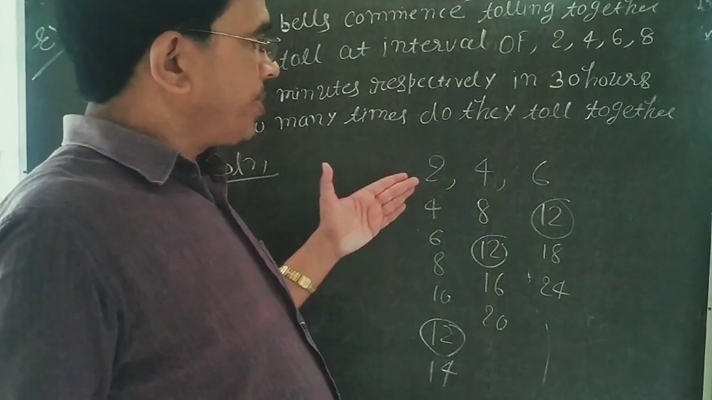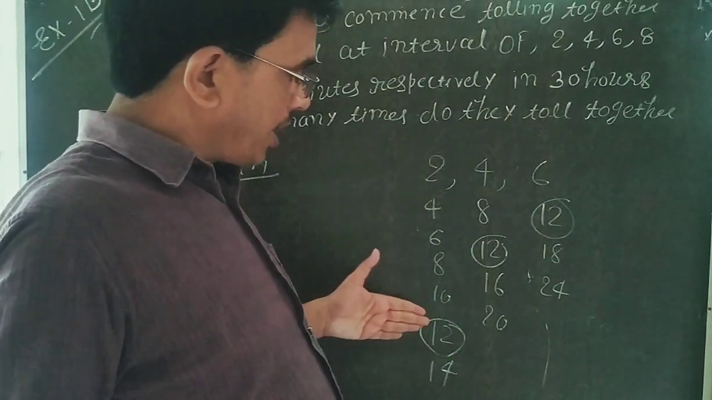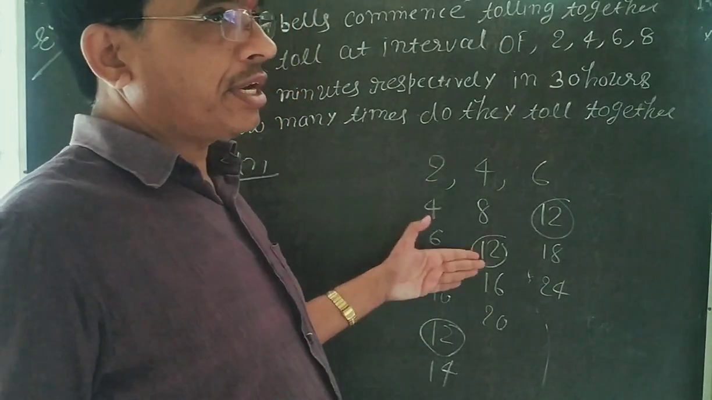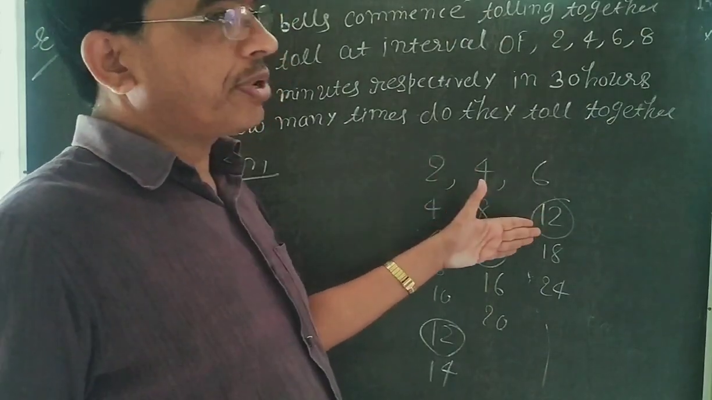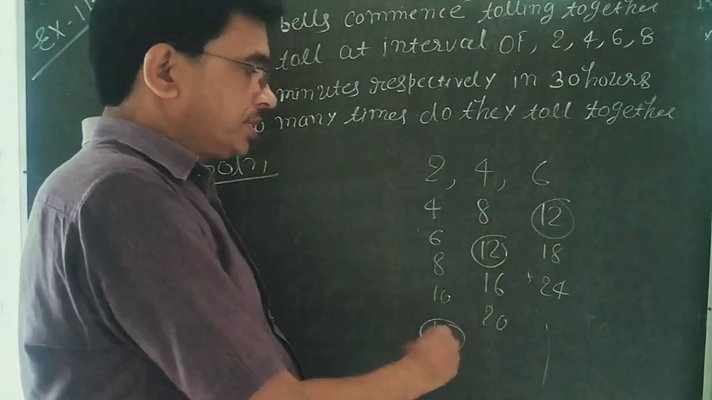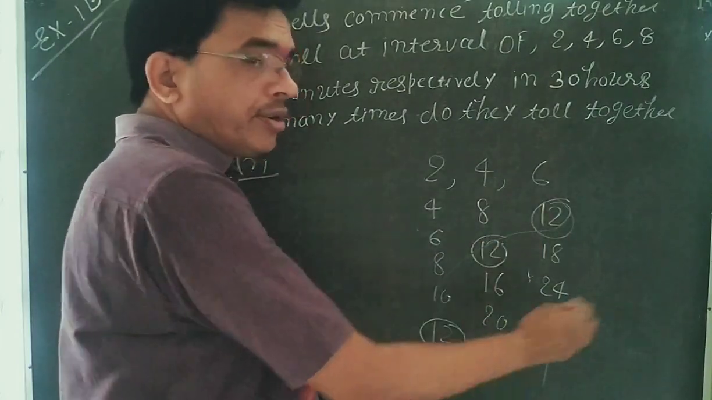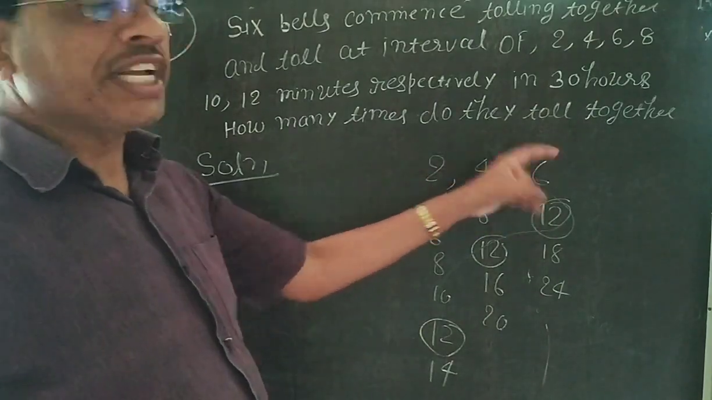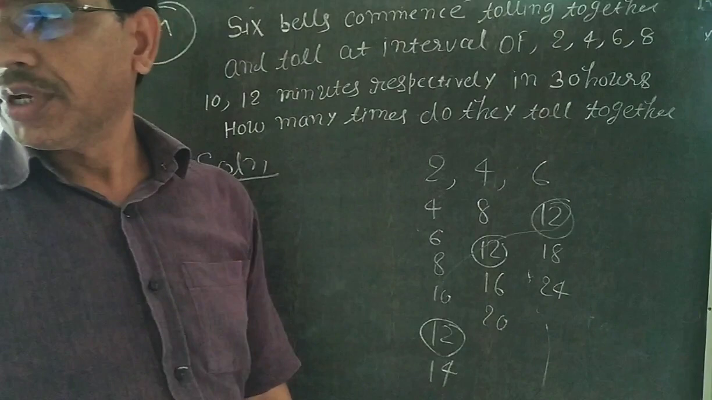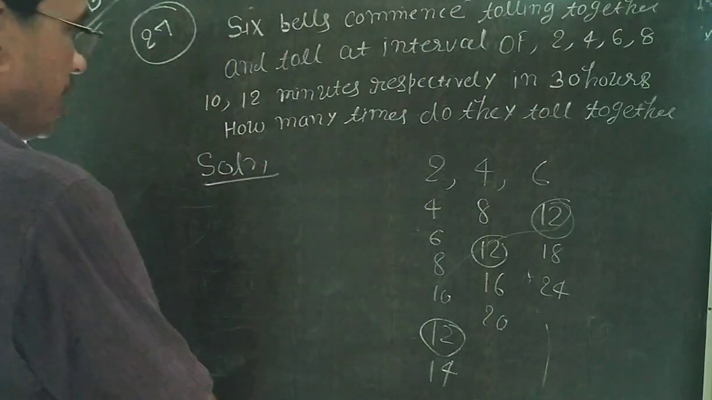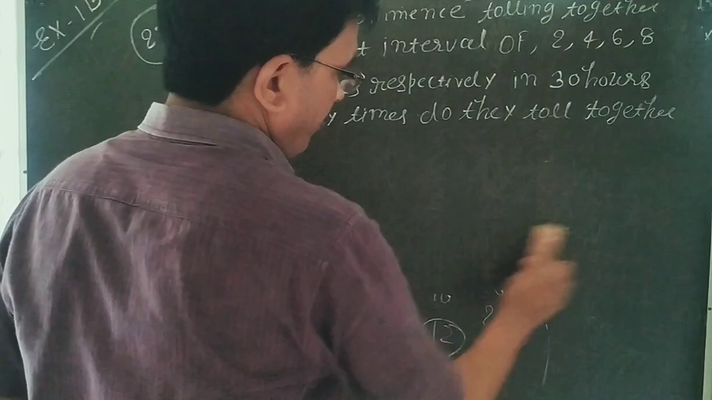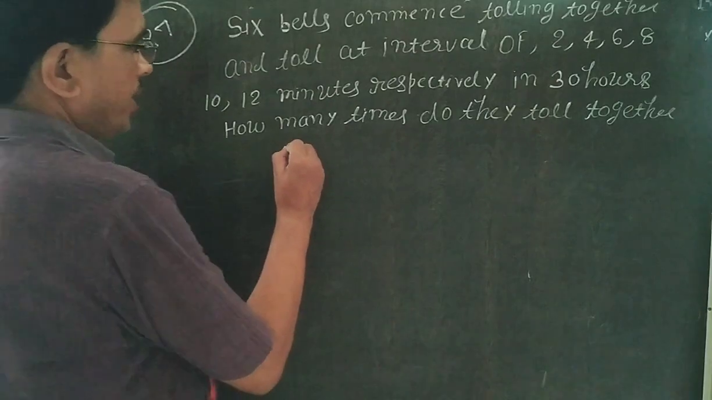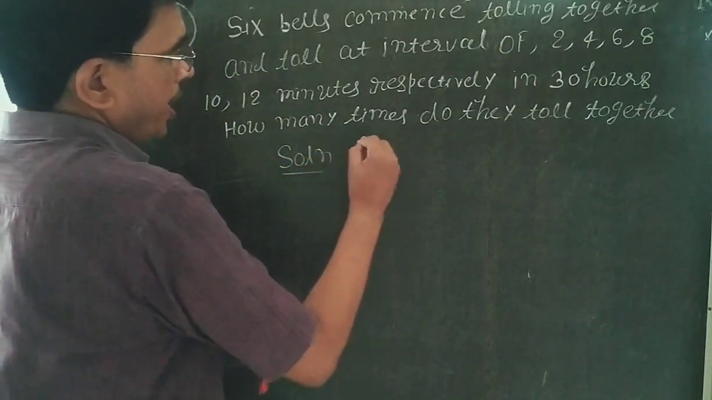Because every 2 minutes it rang, then in 12 minutes it rang 6 times. After 4 minutes, 3 times it rang, and after 6 minutes 2 times it rang. Then at 12 minutes, all bells rang together. Then it is clear that the time is exactly divisible by 2, 4, 6, and that is the LCM. So dear student, first you find the LCM of these numbers, then you can find at what time they will toll together. So in the solution, you find the LCM